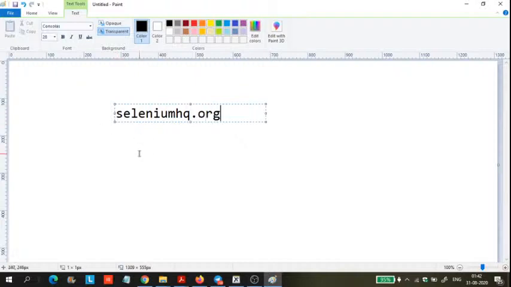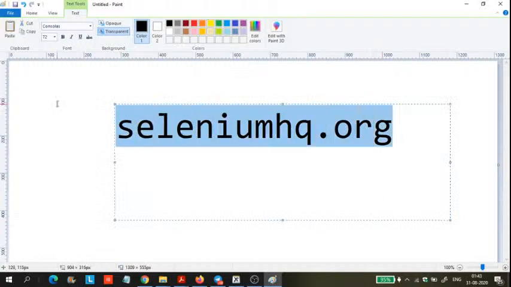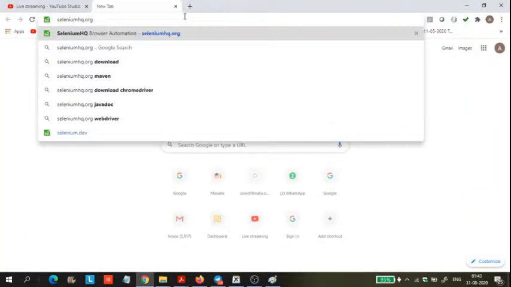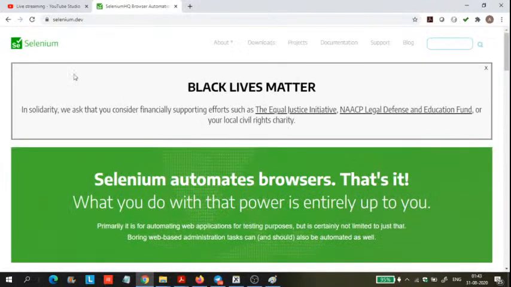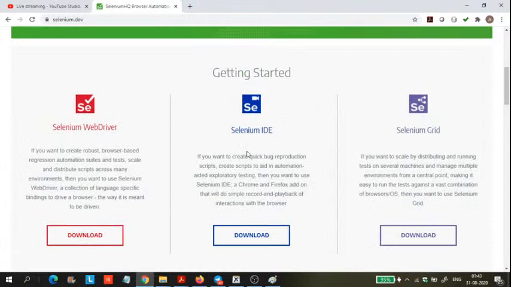If you go to this URL, seleniumhq.org, then you will get all the details. It takes some time to open, and it is open source software. This is how the icon looks. Here these are the different components of the Selenium testing tool: Selenium IDE, Selenium Grid, Selenium WebDriver,